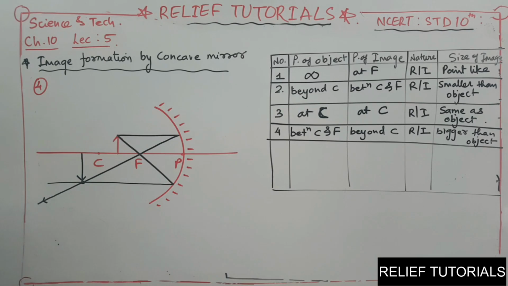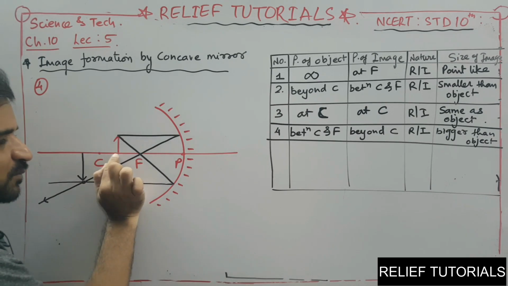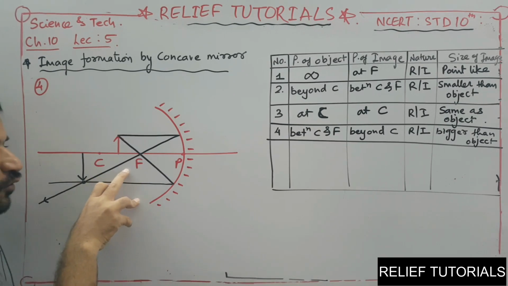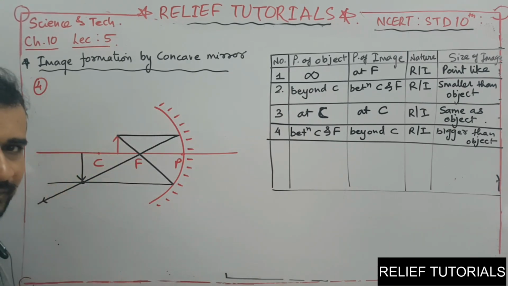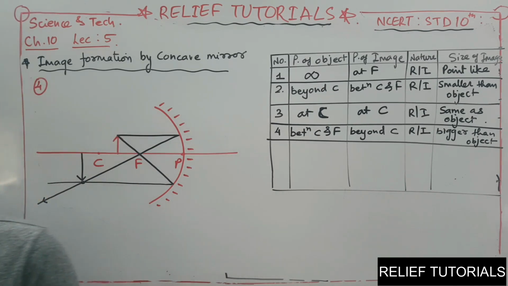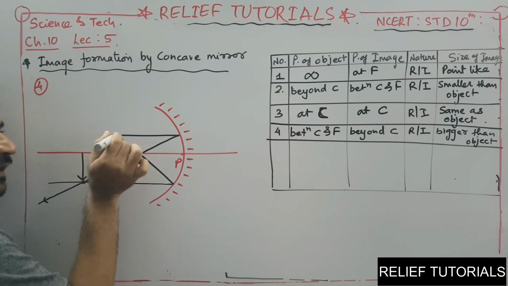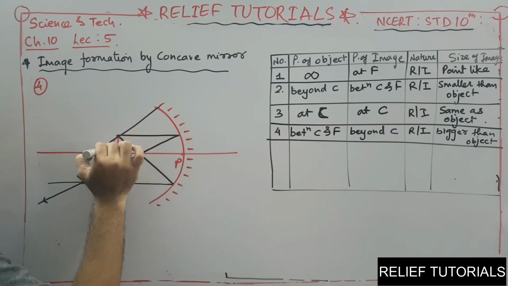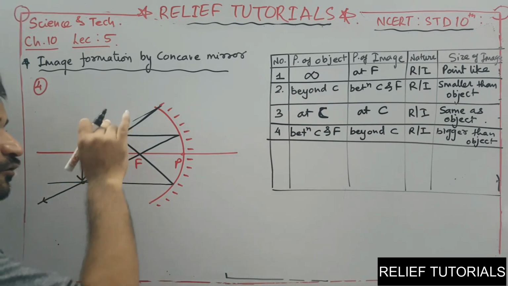Okay. Fifth case now. Let us bring the object more closer in the next case. Let us place the object now exactly on F. In this, you can also use a third rule. Third rule is what? If the incident ray goes from C, it will reflect from C. So if you want to use that rule, you have to just join. Look at this. This is C and this is the head of the object. You just place the straight line like this, and this is the incident ray, and the same will be the reflected ray. If you want to use that rule, you can use that.